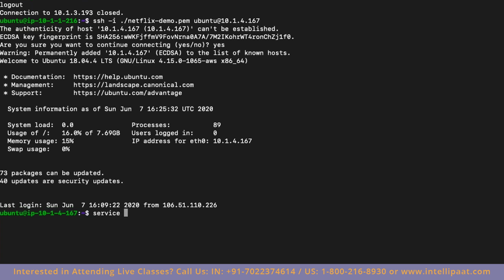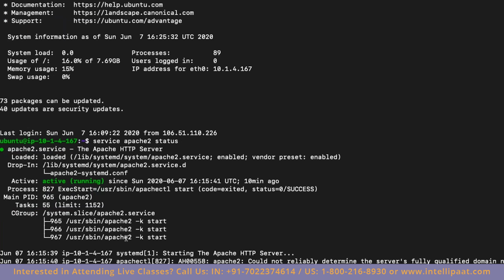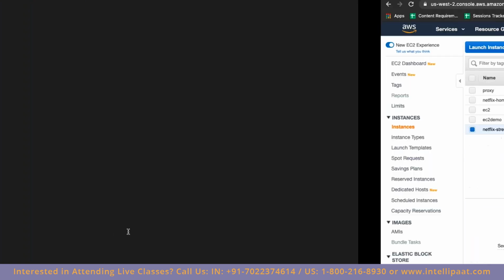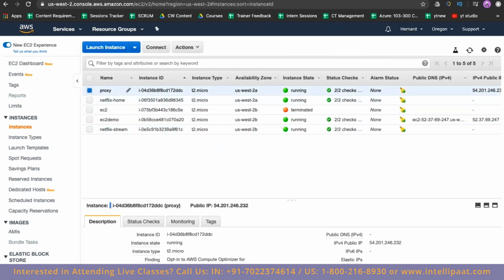And if we check if the web server is running over here, yes, it is running over here as well. Great. So both my servers are running fine, and I've just showed you how, if some maintenance is required, how to do maintenance on your private machines. Right now, what I can do is once maintenance is done, I can just delete this proxy server, and then I'll not be giving any access to my